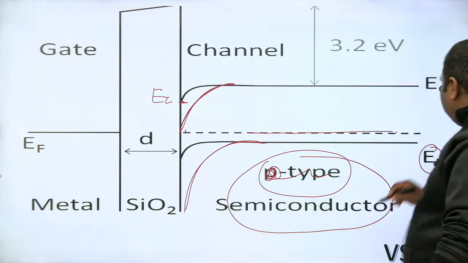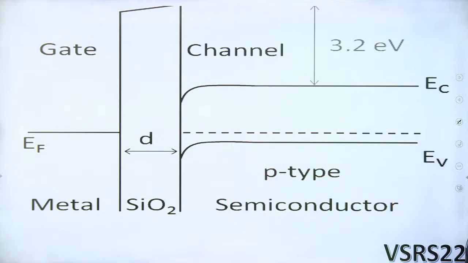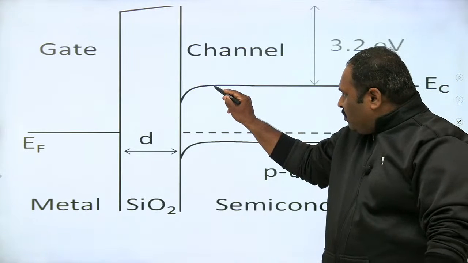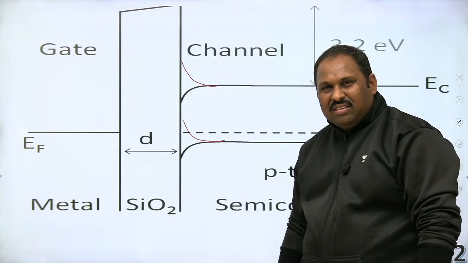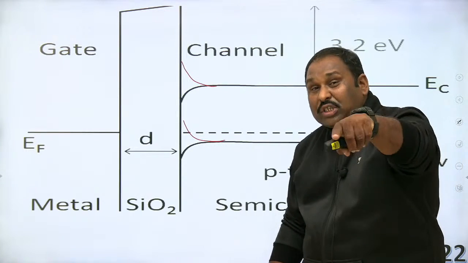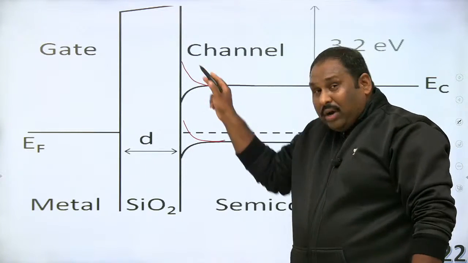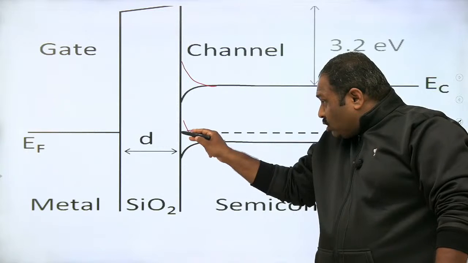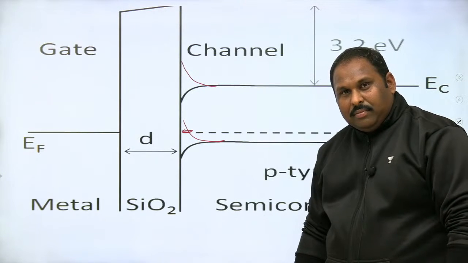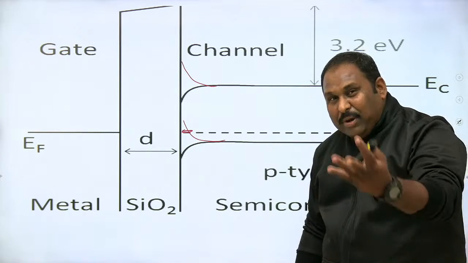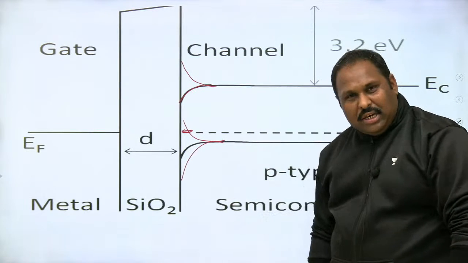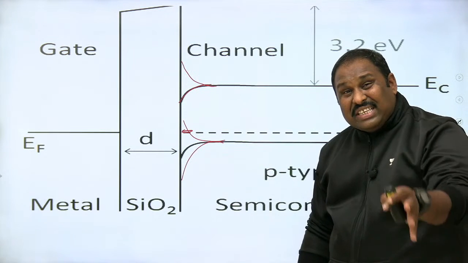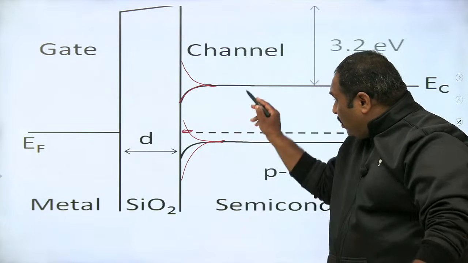So the students should always understand this: if you have accumulation of positive holes, or accumulation mode because of positive holes, your levels will rise, making it more close to the valence band. But if it is depletion, you find lowering of your energy levels. And if it is inversion, much lowering.